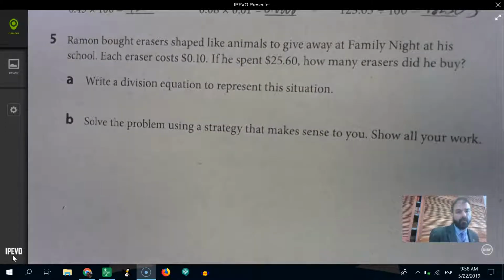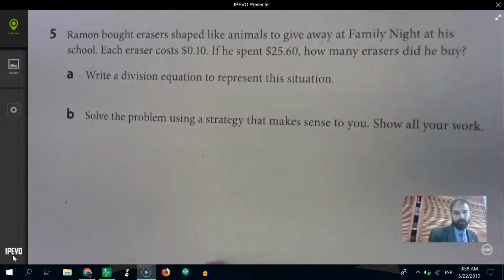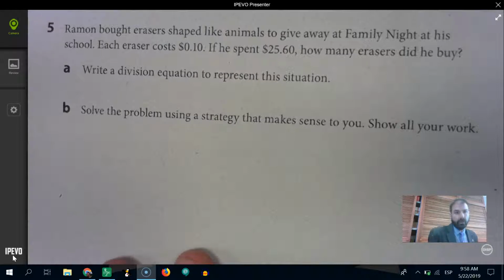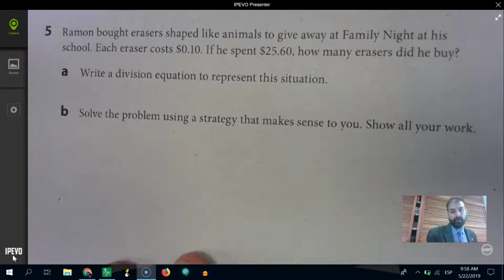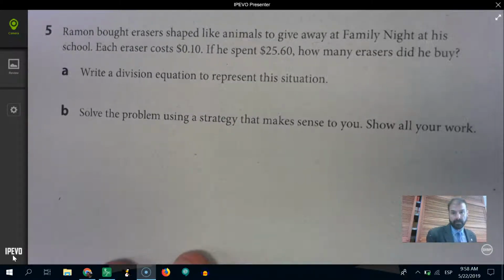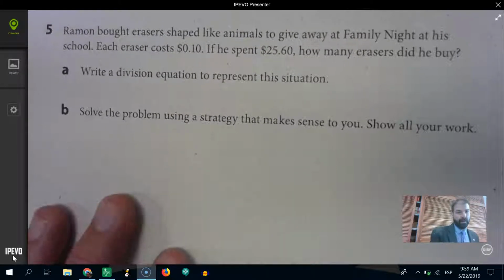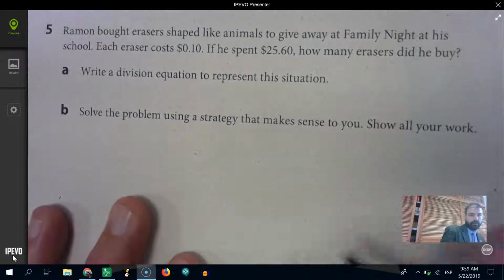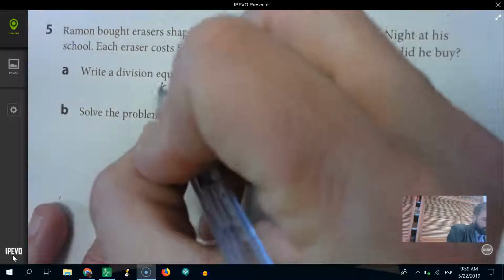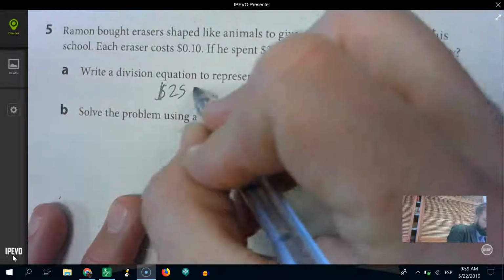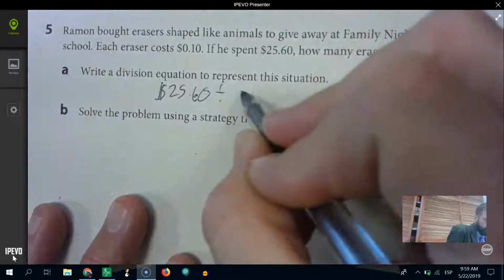word problem. Ramon bought erasers shaped like animals to give away at family night at his school. Each eraser cost 10 cents. If he spent $25.60, how many erasers did he buy? Write a division equation to represent the situation. So you could say it's 25.60 divided by